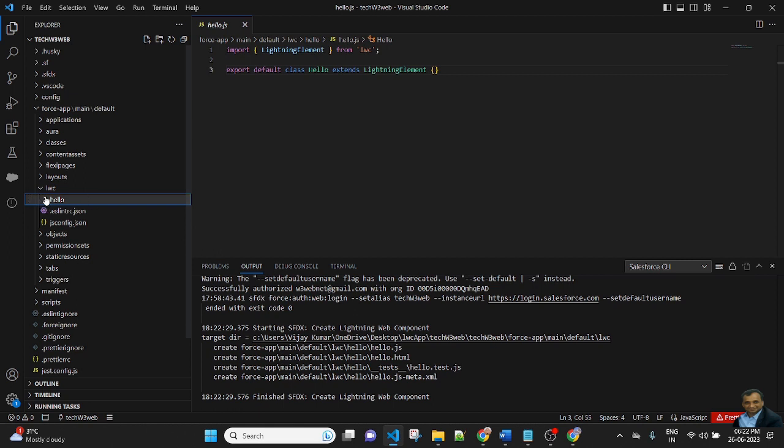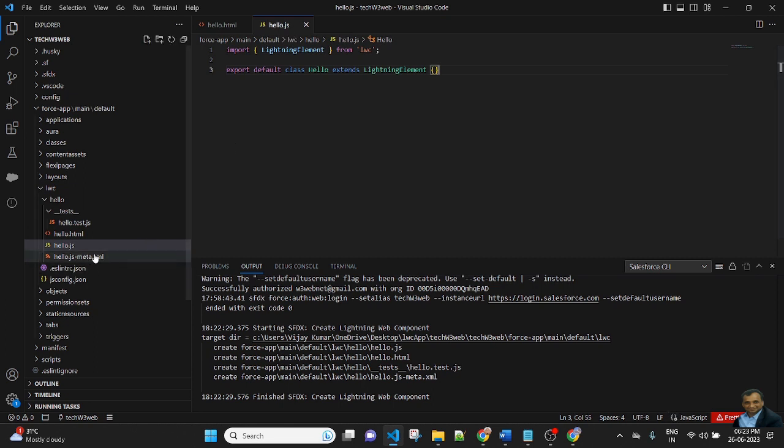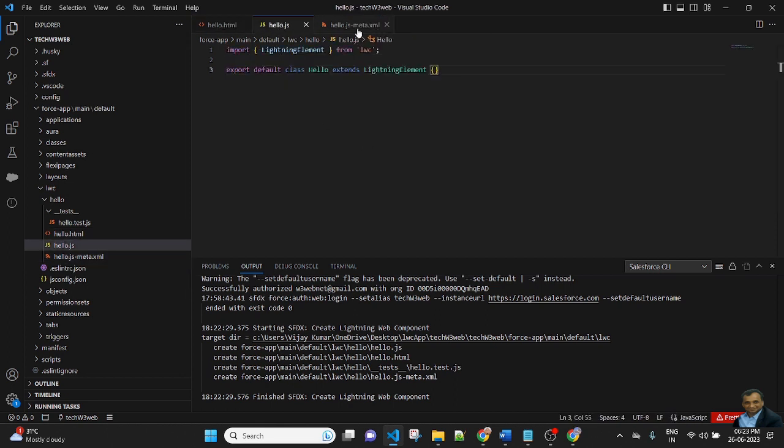If you expand this hello component, you will get three files: hello HTML, hello JavaScript, and hello meta XML. So I'm opening all of these files. First I'm opening HTML, then hello JS, then hello meta XML.